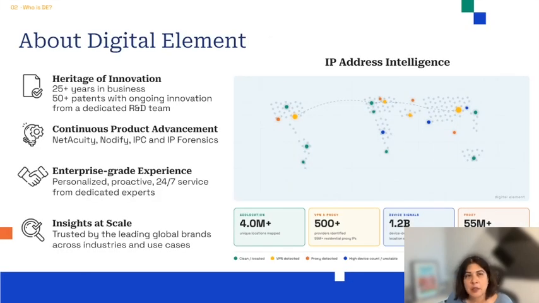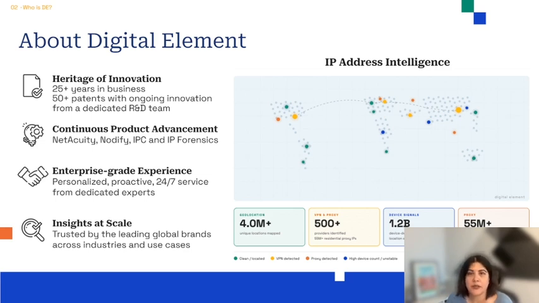So with that, let me tell you a little bit more about Digital Element before we fully get into it. Digital Element, or DE, as you might hear me refer to us, has been in the IP intelligence business for over 25 years. We are a pioneer in this space. We have over 50 patents, all focused on one thing: turning IP addresses into usable signals. Our customers include large enterprises across fintech, media, e-commerce, cybersecurity, and risk mitigation platforms. Organizations that process billions of online transactions and need IP geolocation signals to know how to treat their visitors and